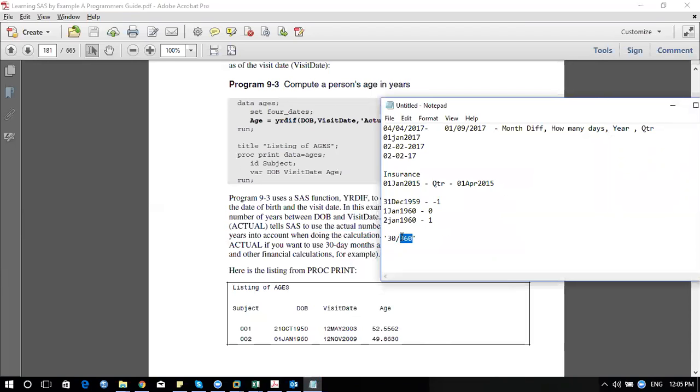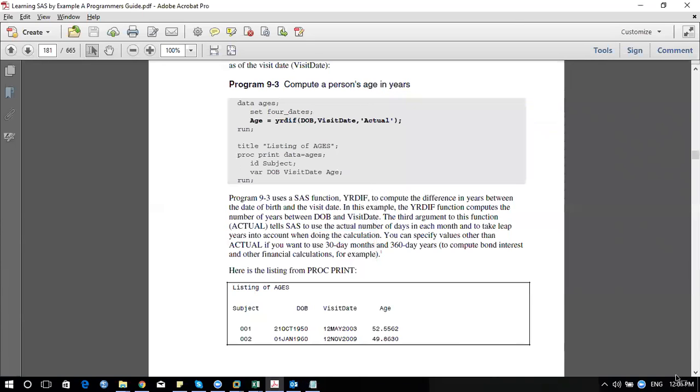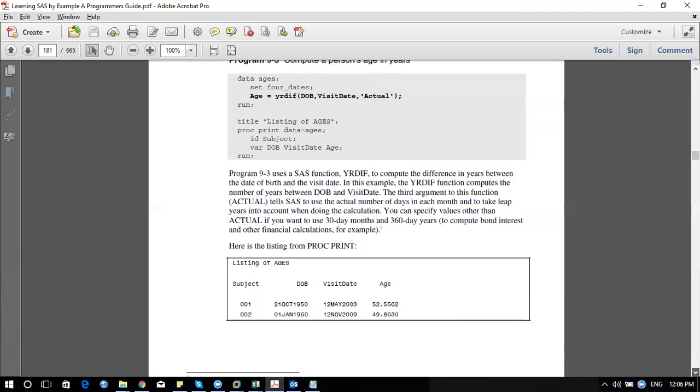If you're writing actual, the code itself takes care of calculating all those things, so you don't need to worry about it. So this is all to do with actual.